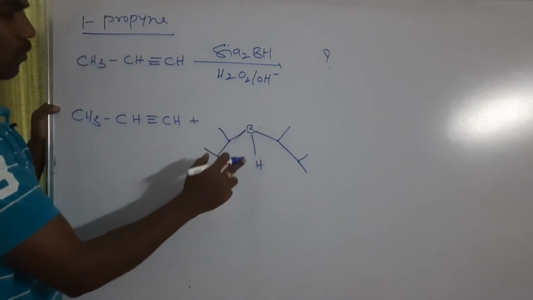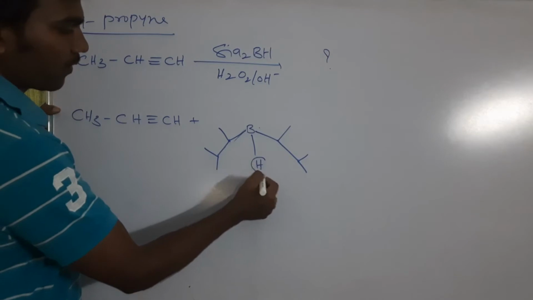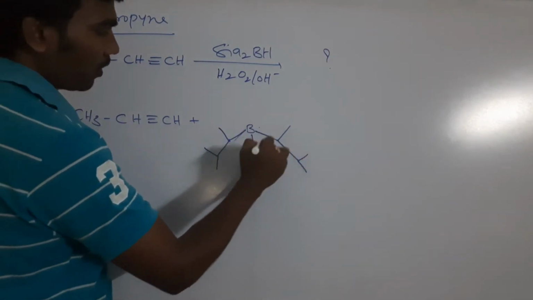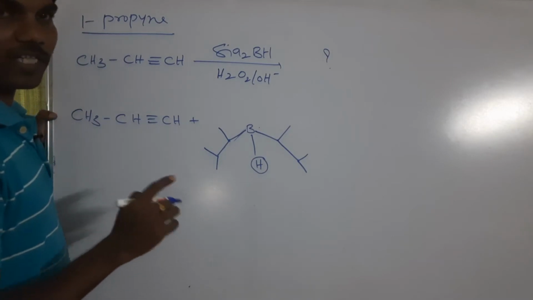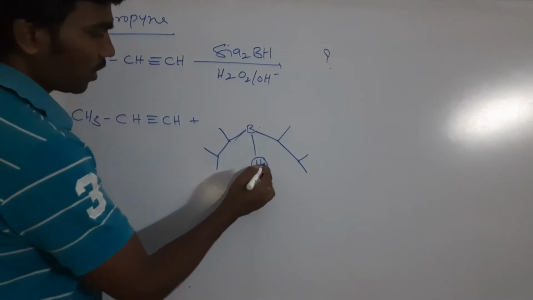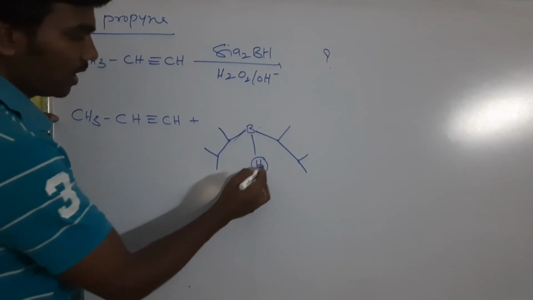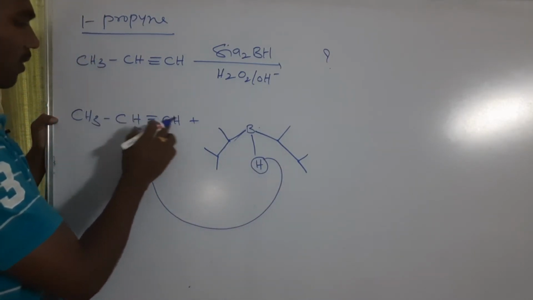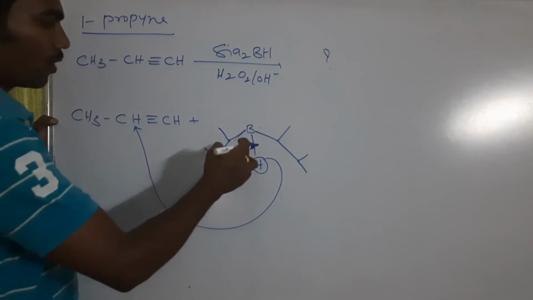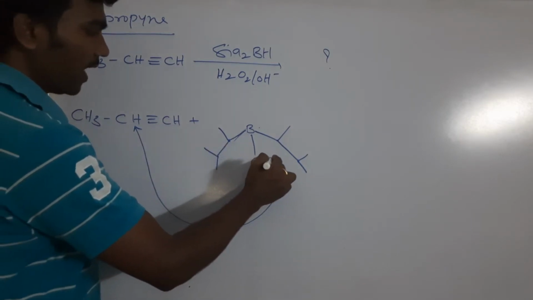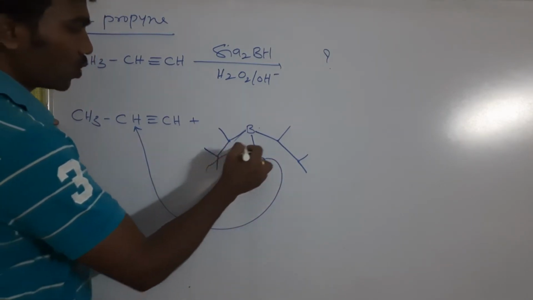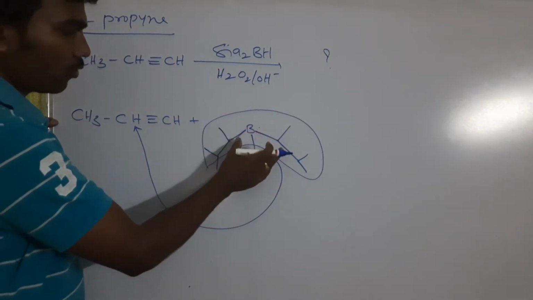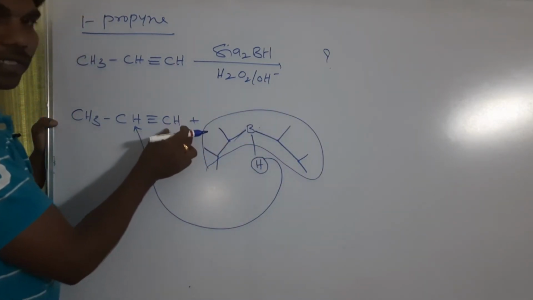In this disamyl borane, hydrogen electronegativity is more compared with boron. That's why from this compound hydrogen will be released in the form of H minus, hydride ion. That H minus will attack this carbon. Why this carbon and not this carbon? When this hydride ion is separated, the total group is a bulky group, so this bulky group will attack from the less crowded surface area.